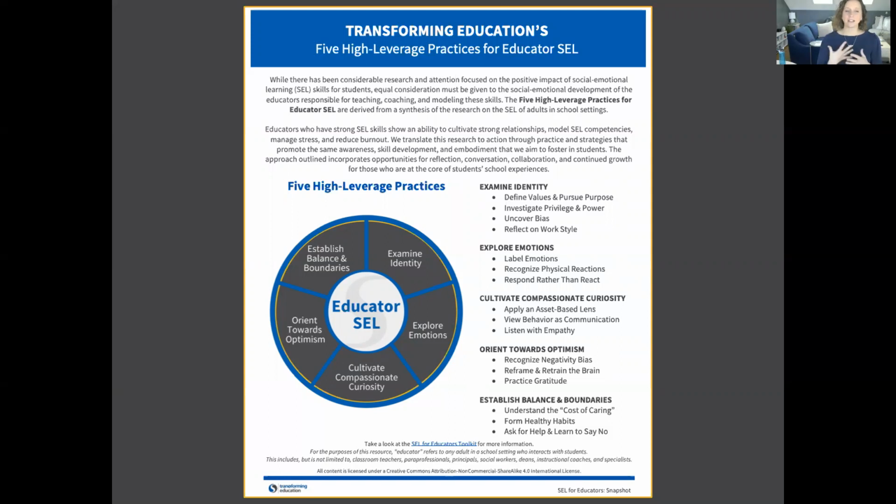These 5 high leverage practices are shown by research to benefit the experience and the social emotional development of educators in school settings. So if you are an adult in a school setting, think about the ways that you can bring these practices into your own work as an educator. If you are a school leader, think about how you can model these practices and cultivate an environment in which other adults can also engage.